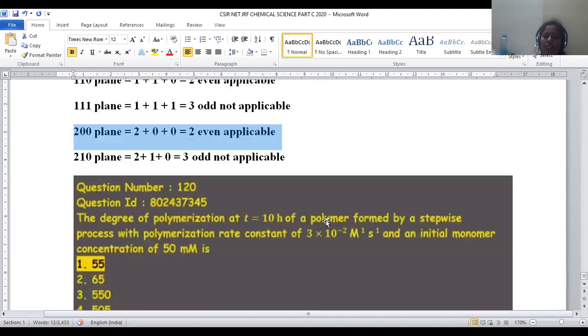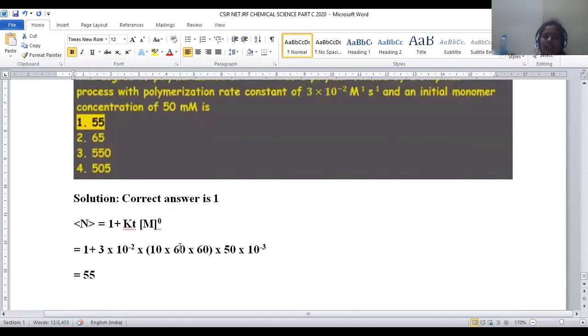So how much time period is given? This entire polymerization process requires 10 hours of time duration. So here rate constant is given in seconds, but time is given in hours. How to convert hours into minutes? By multiplying with 60. Minutes into seconds, again multiplied with one more 60. That's why time can be multiplied with 60 into 60. 10 into 60 into 60, so that hours turned into seconds now.